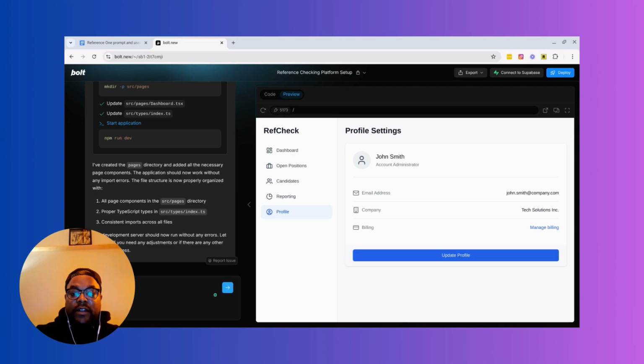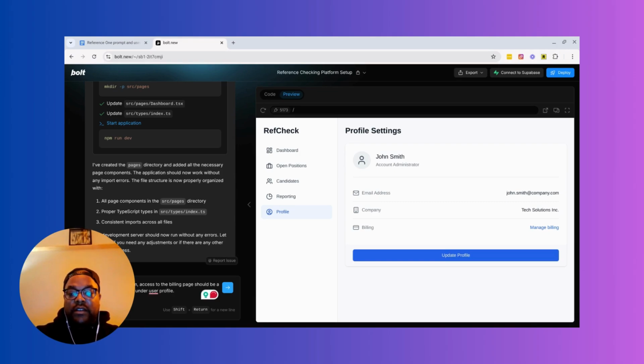On the profile menu item, access to the billing page should be a drop down for the user under user profile.